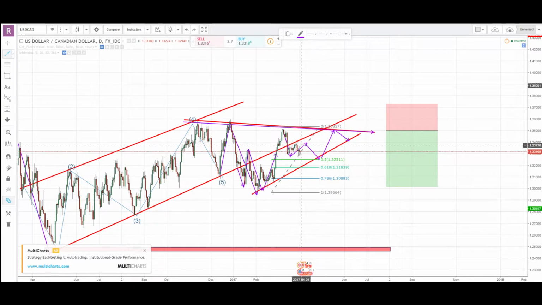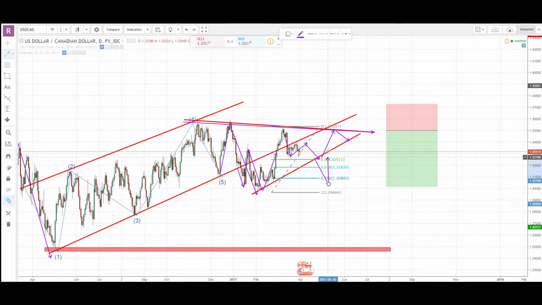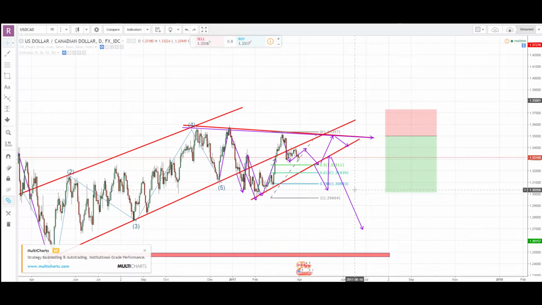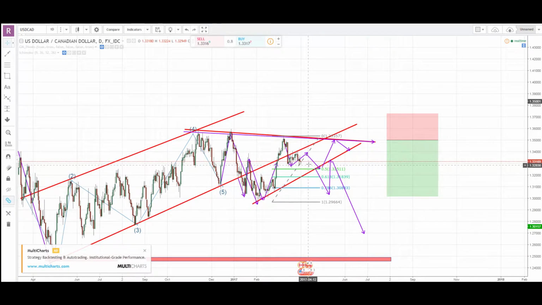You expect it to either consolidate right there or break it, retest it and go lower. At the end of the day, I think we will reach the lower one, or we can even reach the